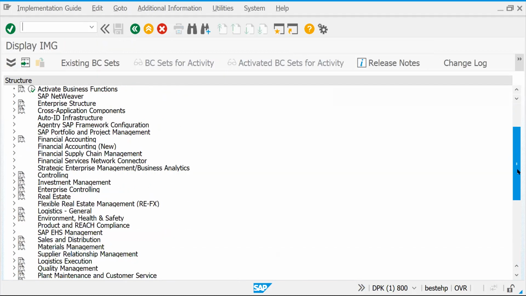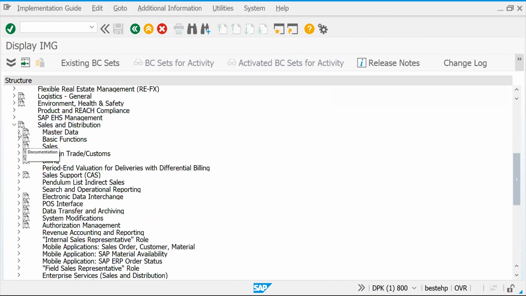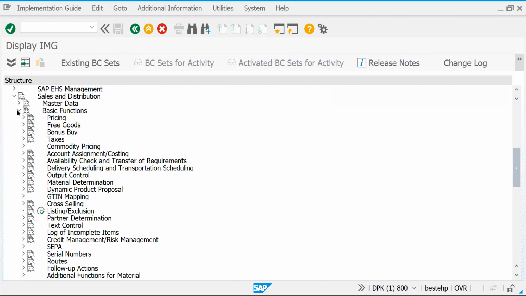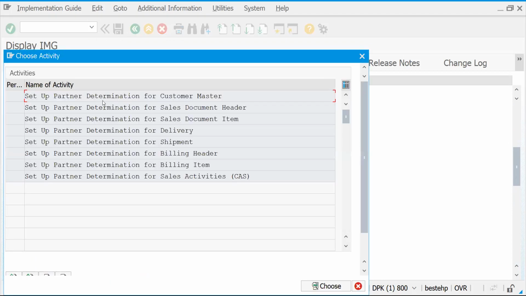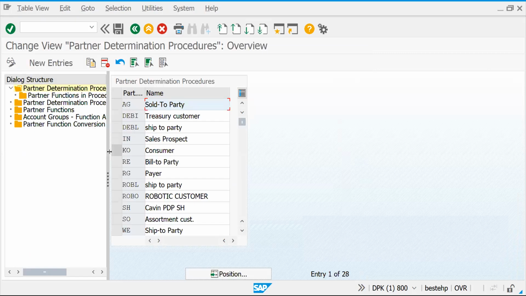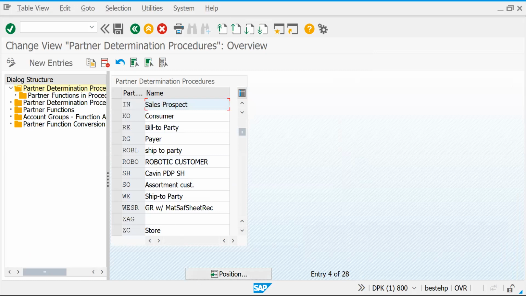Let's go down. Sales and Distribution, the same section. Basic functions. Partner determination. So for customer master data, now you can see what exactly that is.